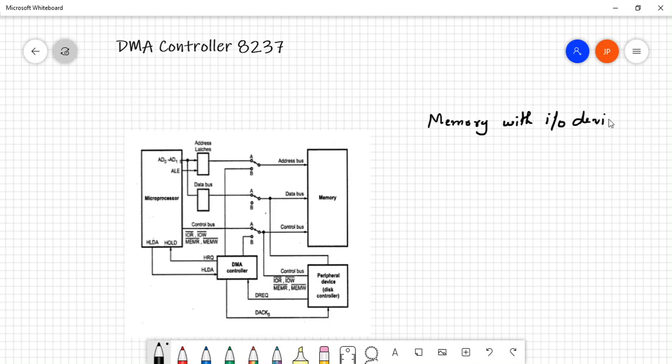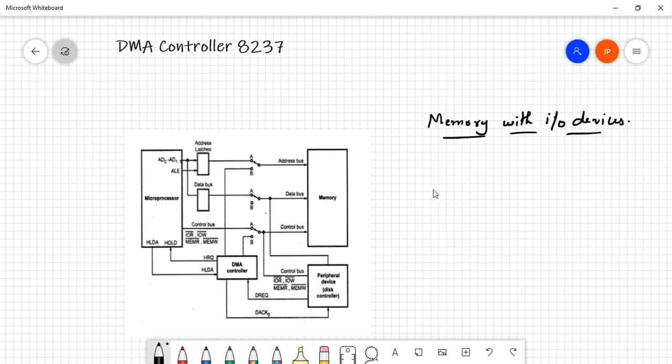The reason why we use this chip is that every time you have to transfer data between memory and IO devices, the processor has to get involved, which means that you need to write instructions for your 8085 microprocessor in order to take the data from the memory and give the data to the peripheral devices or the IO devices.